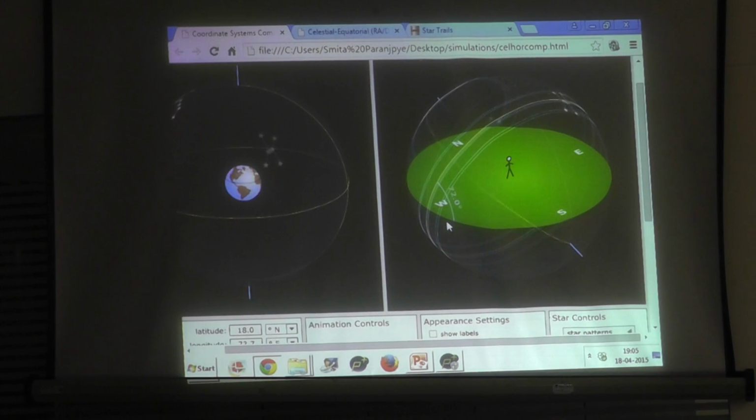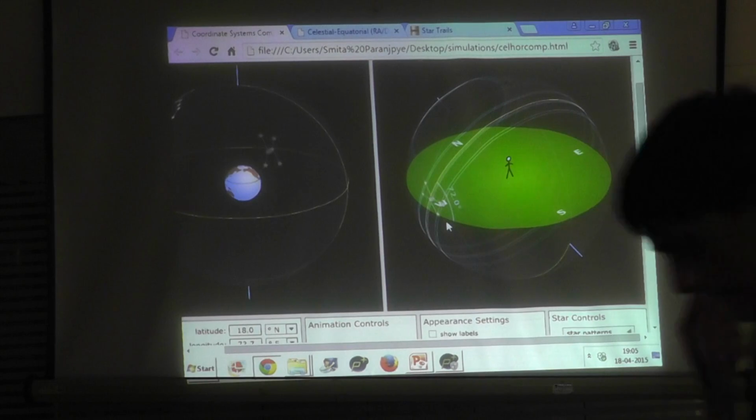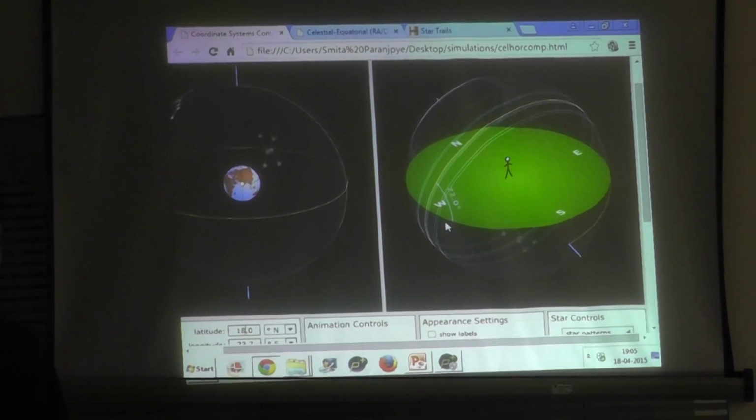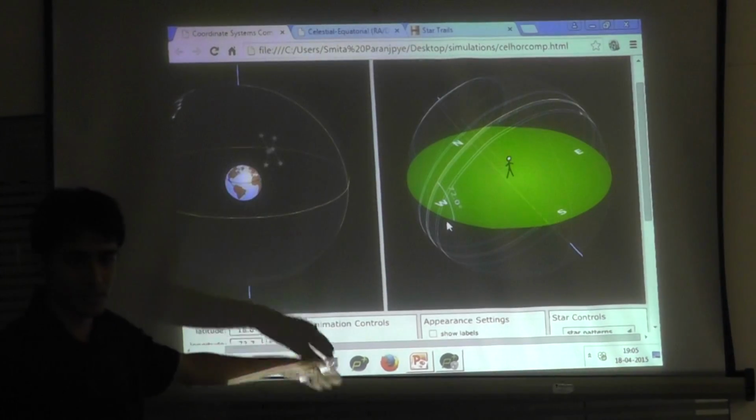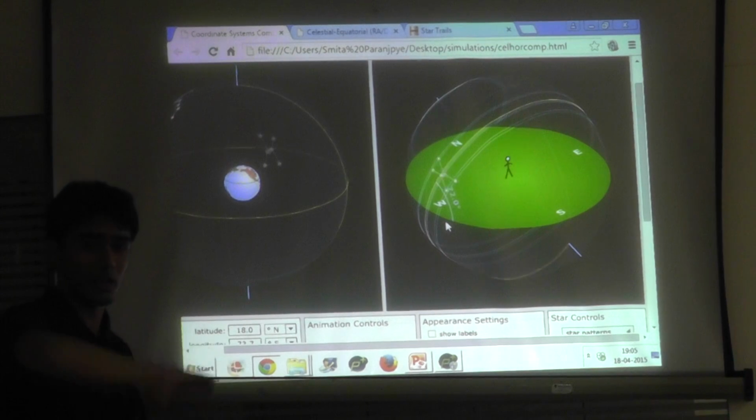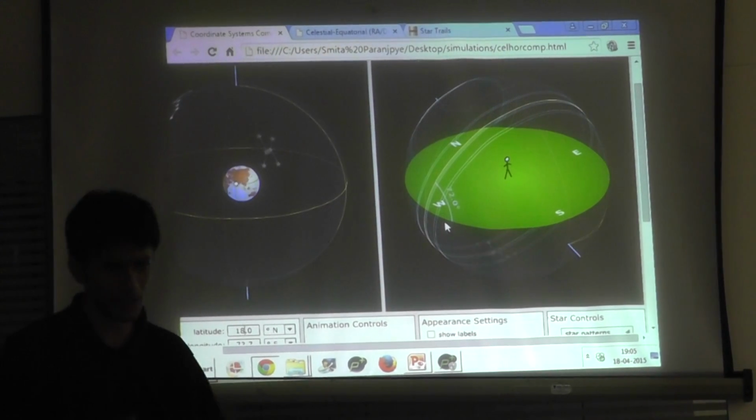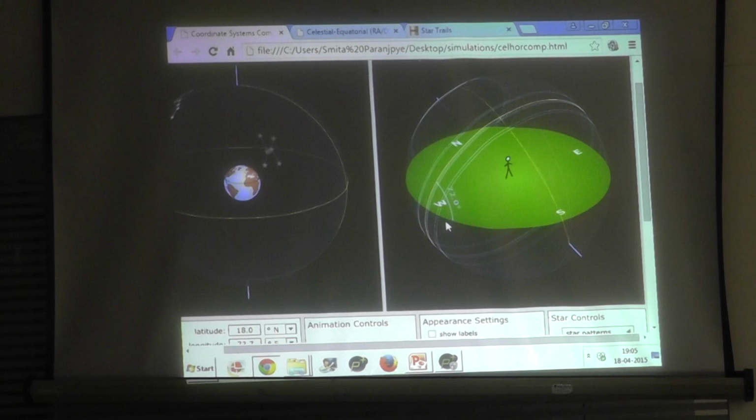Still confused? A little? Okay. You understood what the celestial equator is, that it is the projection of our equator onto the celestial sphere. Let it take time. It will take some time to settle in. Okay. Now,